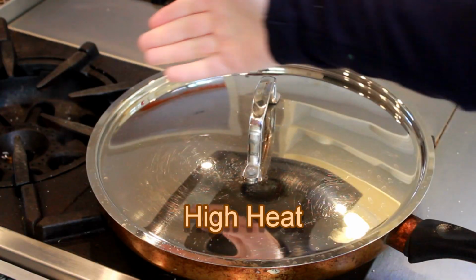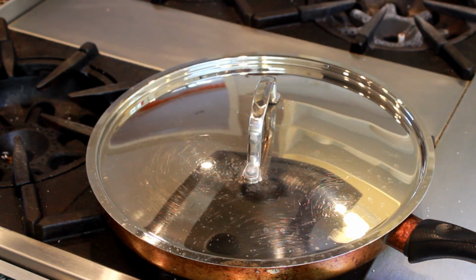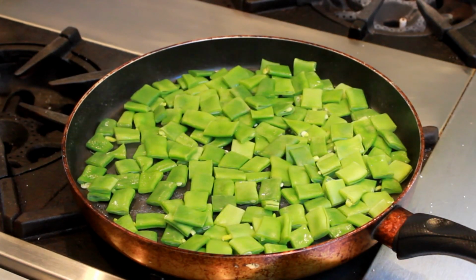When the steam starts to escape, set your timer for 2 minutes. If the steam stops escaping before the 2 minutes are up, uncover the pan and proceed to the next step immediately before you burn your beans. If there is still water left after the 2 minutes are up, uncover the pan and wait for the water